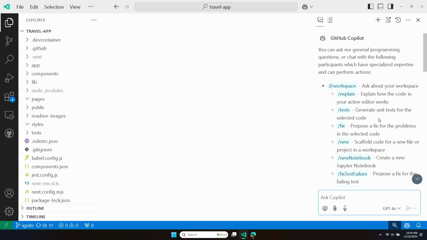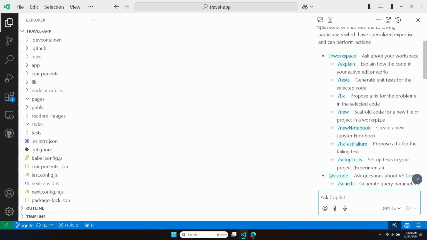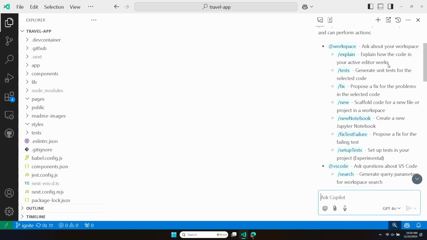Now this is really cool because it gives you a more customized, more powerful experience as you're chatting with Copilot. So for instance, I'm going to see I have a variety of participants built into the experience right when I install VS Code and download Copilot. So I have @Workspace, which is going to be an expert in the workspace I'm working on. And within that participant, I'm going to see these different slash commands. Now slash commands are going to help give Copilot some more specific intent of what I want to work on.